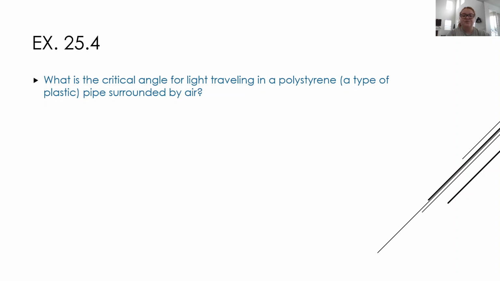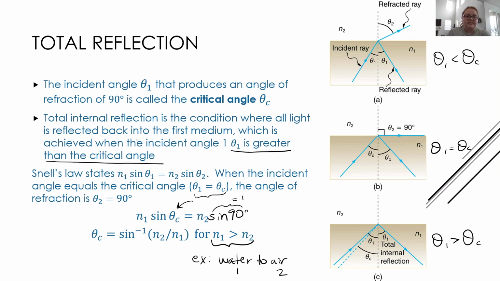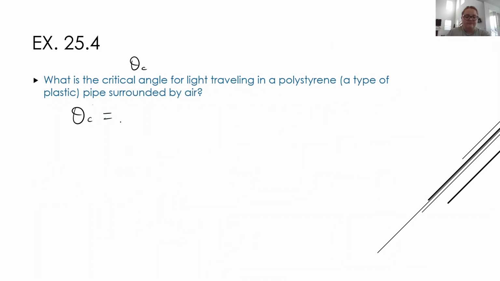All right, let's continue on with our discussion by moving on to an example. It states, what is the critical angle for light traveling in polystyrene, a type of plastic, pipe surrounded by air? So we are trying to find our critical angle, theta c. Let's look at that equation again. Theta c is equal to sine inverse